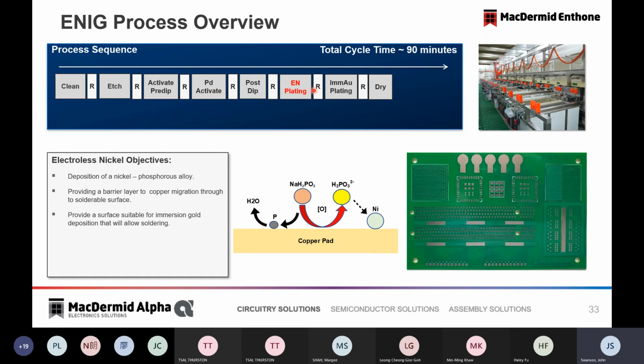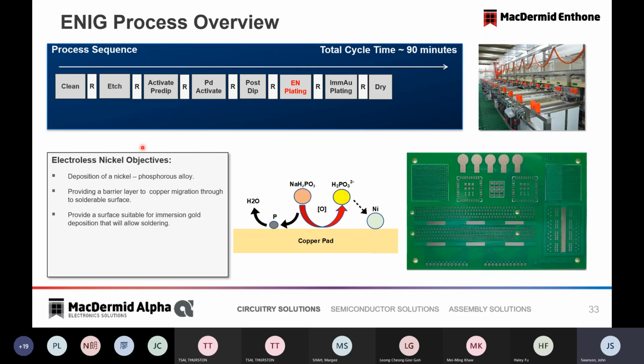Moving forward to the next step is electroless nickel plating. This is about a 20-25 minute operation. Within the full operation, we're depositing a nickel phosphorus alloy. We're utilizing reducing agents in the chemistry. In this case, we're showing hypophosphite as a reducing agent. This delivers some electrons to the nickel to reduce the nickel in solution and allow it to plate on the